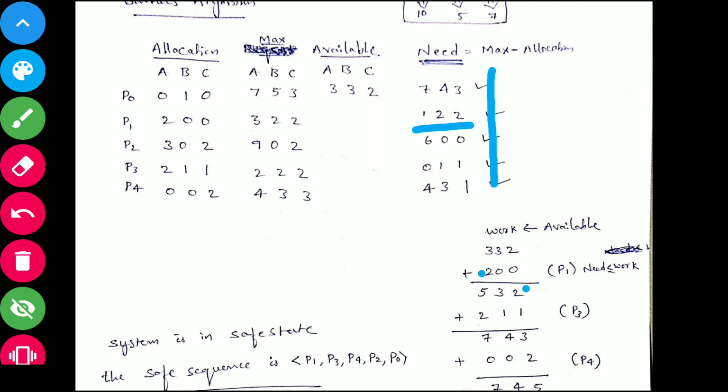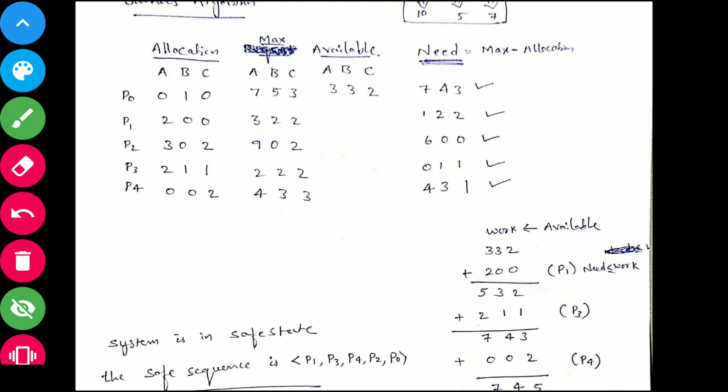After allocating, whatever was already allocated it gives back, which means this 200 you need to add here. So to the work 332 we add the allocation it gives back, and that is what is available. Adding individually, 3 plus 2 is 5, 3 plus 0 is 3, 2 plus 0 is 2. Now we have 532.